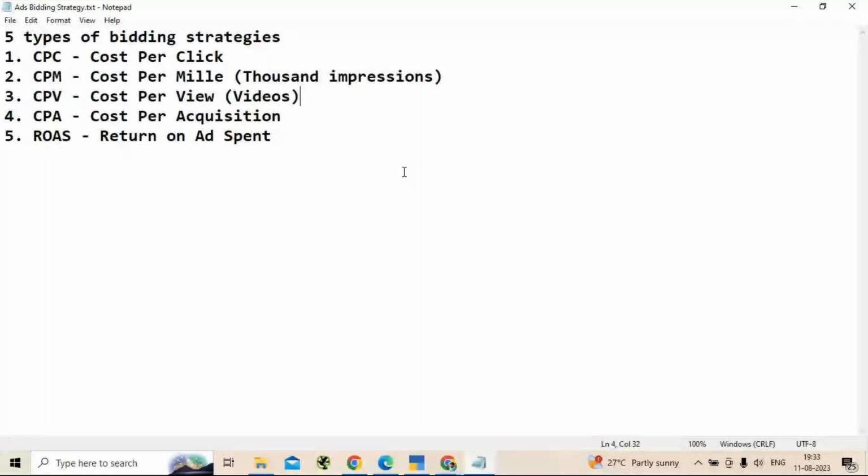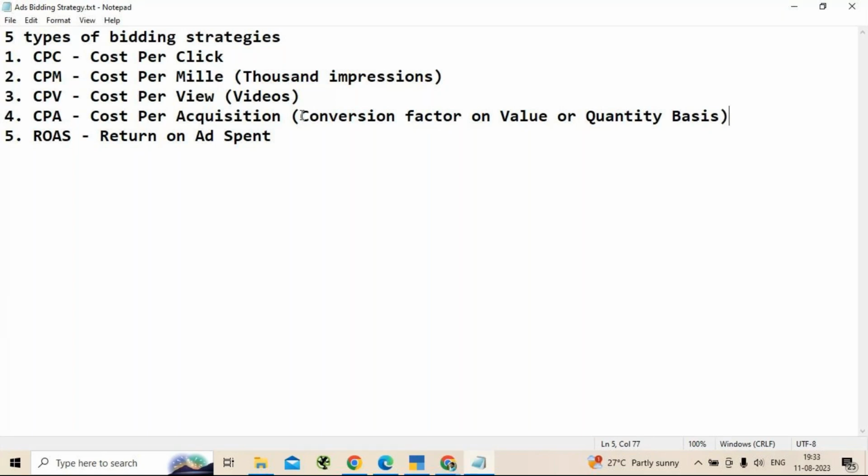Okay. The next thing is cost per acquisition. Cost per acquisition is based on the conversion factor, on value or quantity basis.